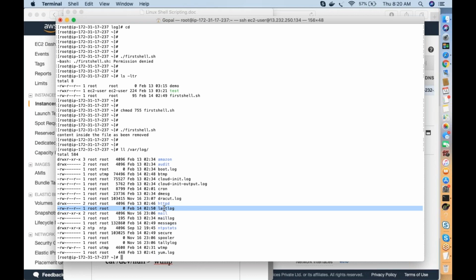So basically, shell scripting is nothing but, instead of executing a few commands again and again manually by going to the server, you create this kind of script and execute the script. The script will take care of any kind of action. This is an example I gave. It could be installation of software, upgradation of software, configuration of files, anything.